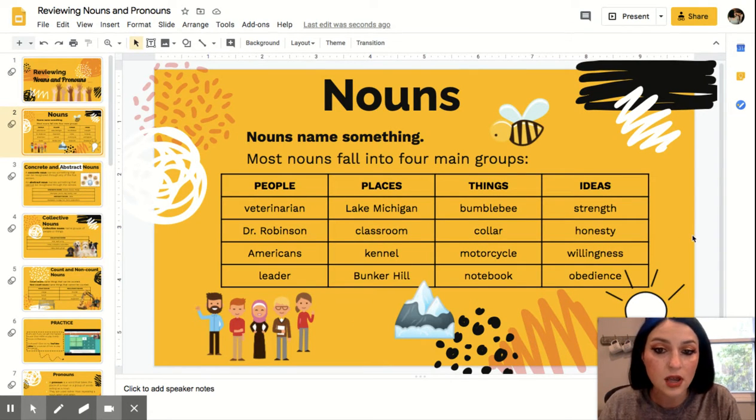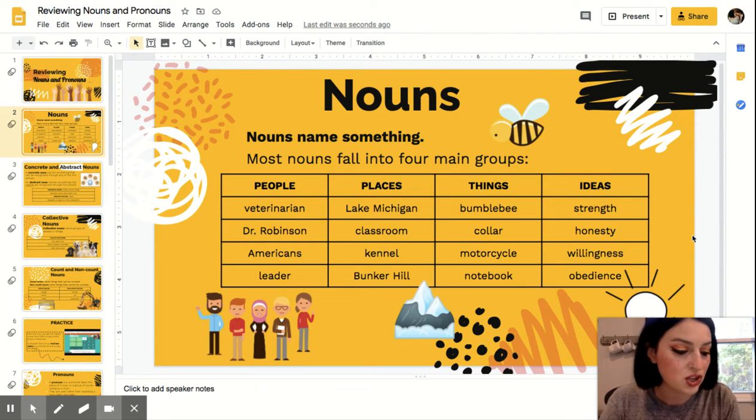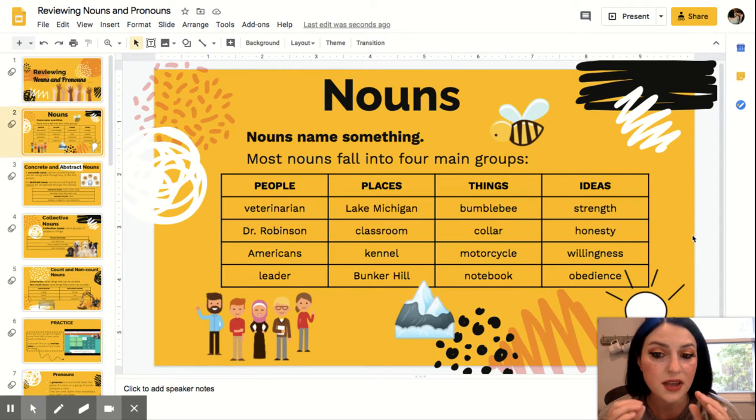So nouns, they name something and they fall into 4 specific groups. So first we have people, places, things, and ideas. Something that will be on your practice game that we won't get into quite as in depth in this presentation is the difference between a common and a proper noun. So a common noun is kind of just a basic understanding of, let's say, for people, veterinarian.